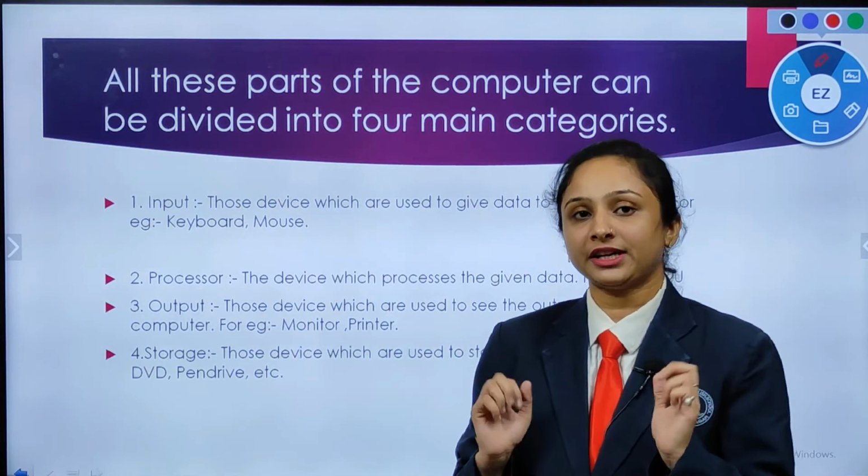Now who is processing it? The CPU. It is doing the process of addition. And what will be the answer? Will the answer be the same, 2 plus 2? No. It will give the answer as 4. On what will it give the answer? On the monitor. Yes or no? So here the input is from the keyboard, processing is done by the CPU and we get the output 4 on the monitor. So this is input, the processor is the CPU, and the monitor is the output. I hope you all understand what an input device, output device and processor are.